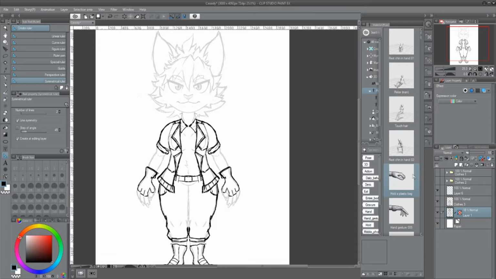You just simply place it down the middle, and you don't have to keep placing it down on every layer, because the ruler will disappear. For example, if I click to a different layer, and I've already turned it off, but if you don't have this selected, you will have to put the ruler down every single time, and that means you might misalign the ruler here or there, yada yada. To avoid this, you right click on the ruler, and there's a show in all layers button, and when you click that, it doesn't matter what layer you're in, it'll appear on all of your layers, so you can have that symmetry.